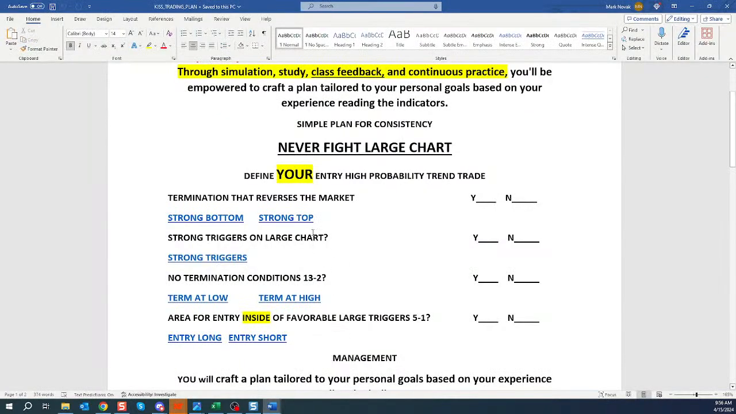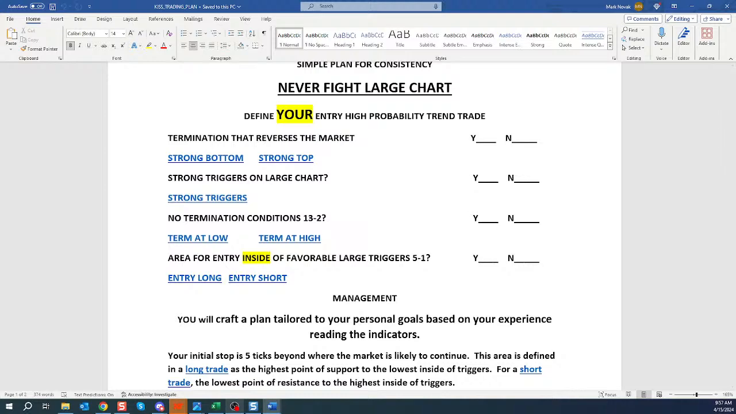So take your high probability trend trade entry. Make it your entry. Commit to it. Own it. Love it. Name it if you want to. But focus on your entry, guys, because once you can enter the market where it's most likely to continue, management